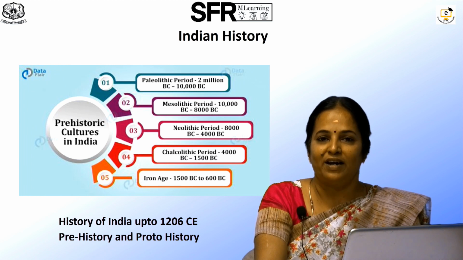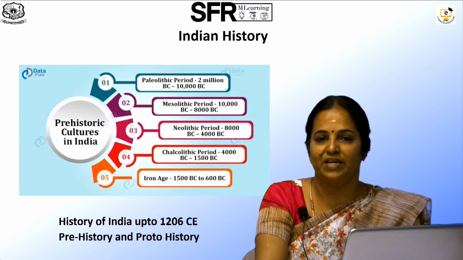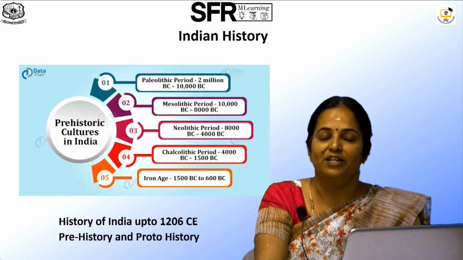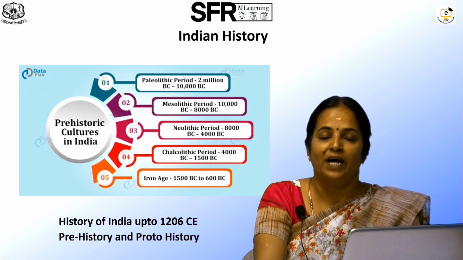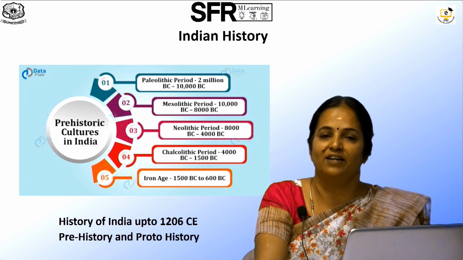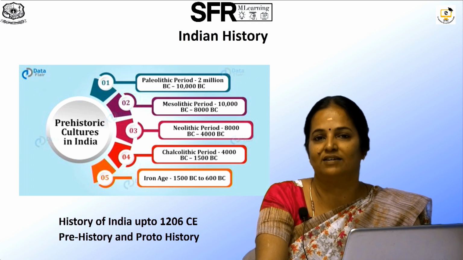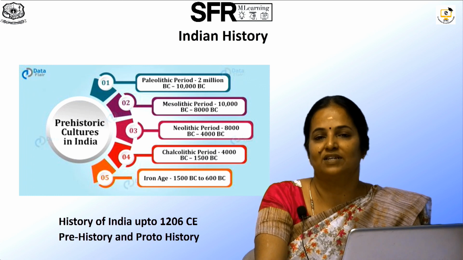For example, Paleolithic, Neolithic, Mesolithic, Chalcolithic, Copper Age, Iron Age. So these are the prehistoric cultures. And regarding the proto-historic period, in the prehistoric period there are no written records and documents at all. Only in the proto-historic period the documents have been traced from the paintings, cave paintings and scripts in caves, in stones,